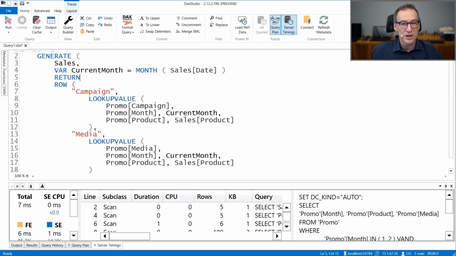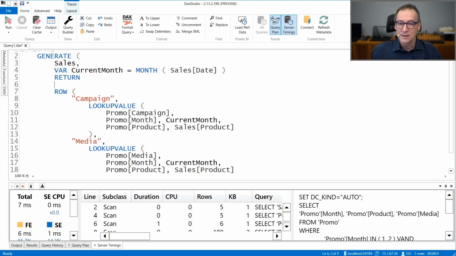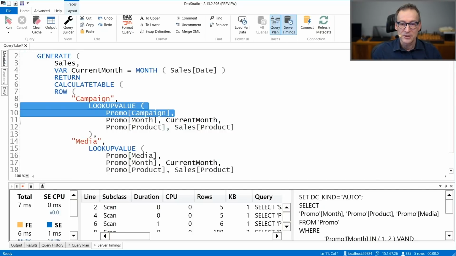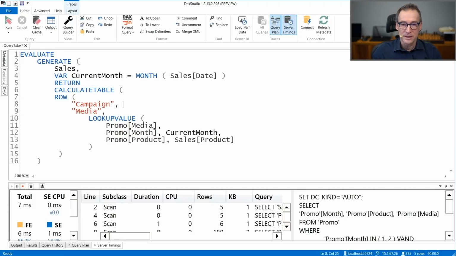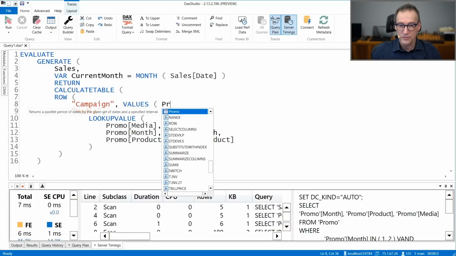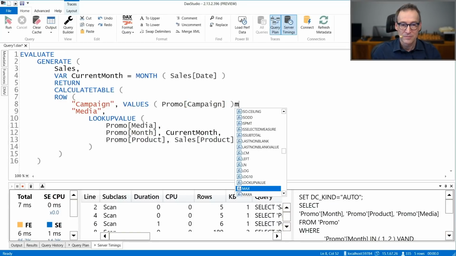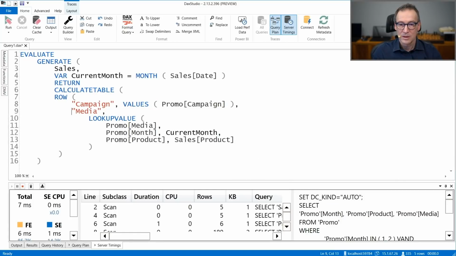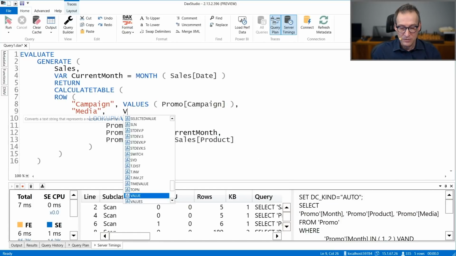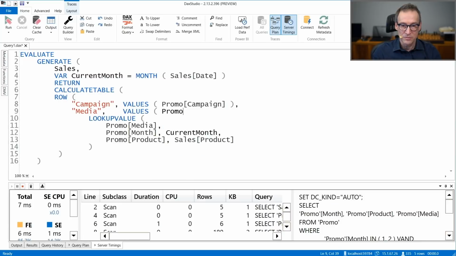That requires reshaping the query a bit. So that needs to be a calculate table where instead of this code, I write campaign with values of promo campaign. Then I have media with values of promo media.